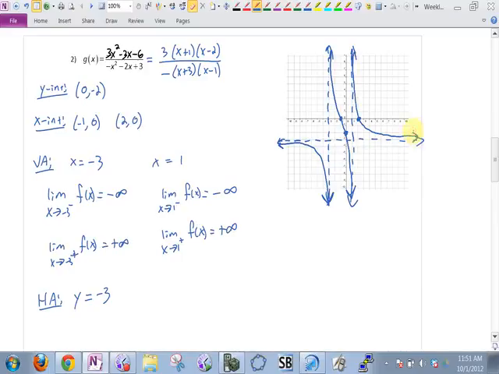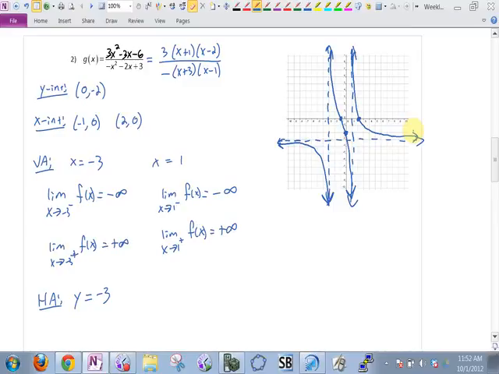Okay, yes? Why is crossing the horizontal asymptote okay? Crossing through and just not coming back to it. It does come back to it. It crosses through it, and then over here it comes back to it. This is all one graph. But yeah, it crosses through it around the origin, around 0, but it eventually comes back to it as x